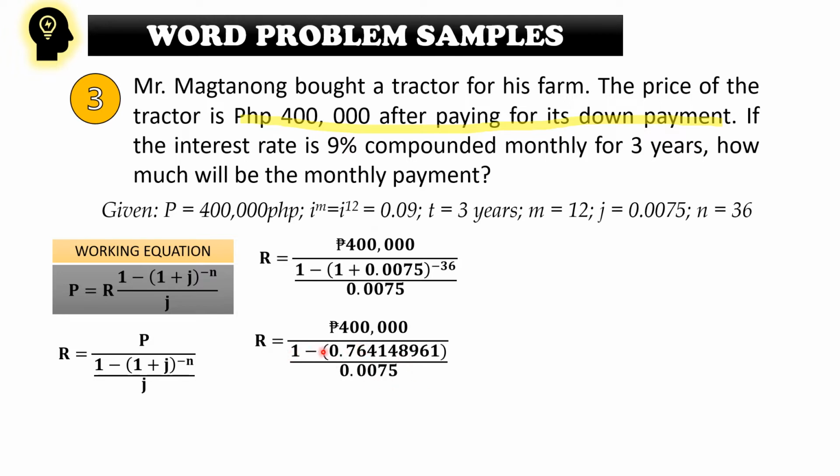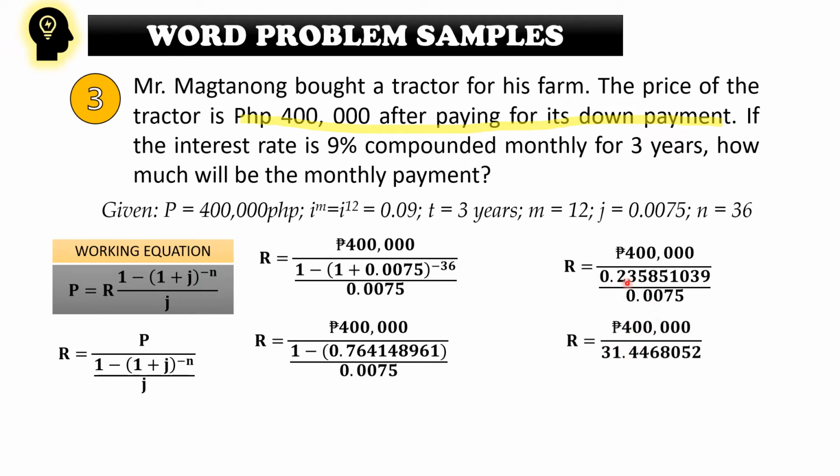And with that, we can now subtract this 2. So 1 minus 0.76414891, subtract lang natin yan. That is equal to 0.2358511039 divided by 0.0075. Then after that, we will be dividing these numbers, the decimal numbers, on the denominator. Kasi ito ay naka-fraction, then we have to divide the 2. The numerator must be divided by the denominator. So that is equal to